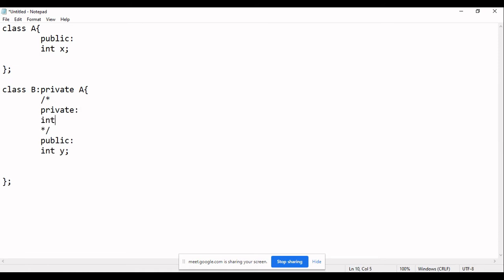Within the private section you have derived X, that is the meaning.